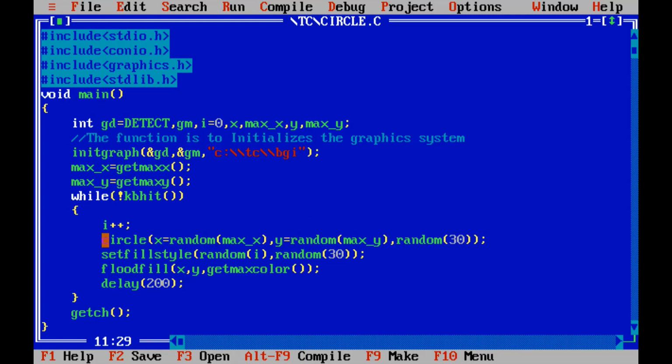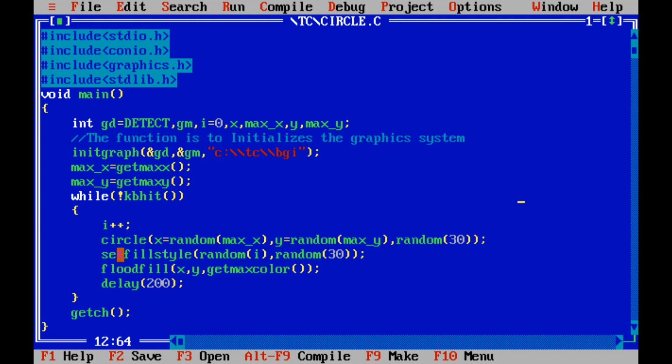And then we draw a circle at x, y, and this x and y are randomly generated with a function known as random. And the radius is also generated with the function random. That's how we are able to draw the circle with different sizes and at different locations.